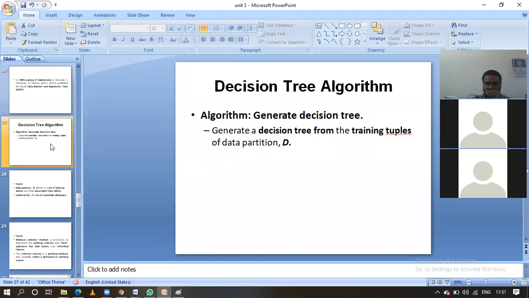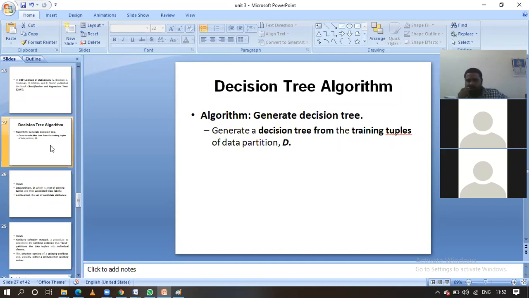Okay, guys, till now what we have seen: we know what is meant by a decision tree. We have seen the decision tree structure, that is, the internal node, root node, leaf node, and the representations. And we have seen how to classify the data, that is, how the classification and regression tree predicts the unknown class labels. Let us see the algorithm related to the decision tree, guys.